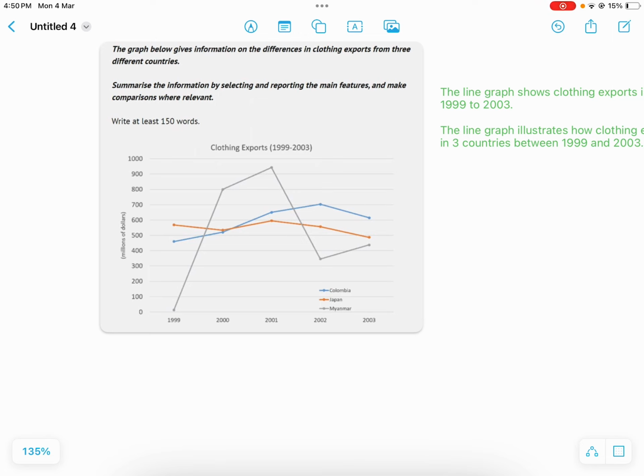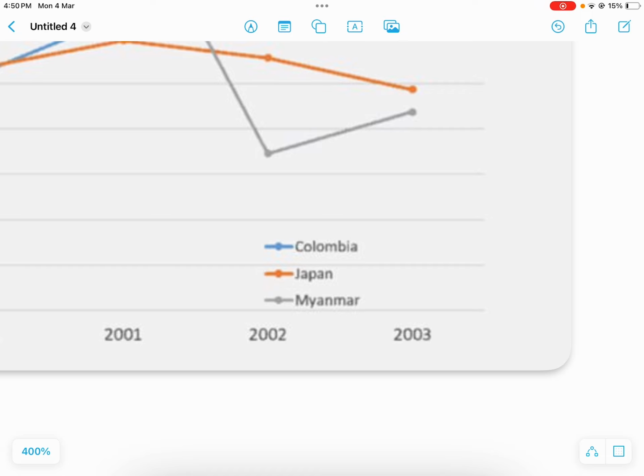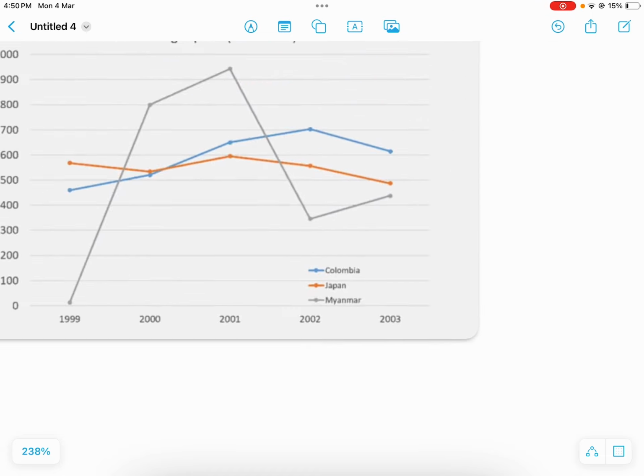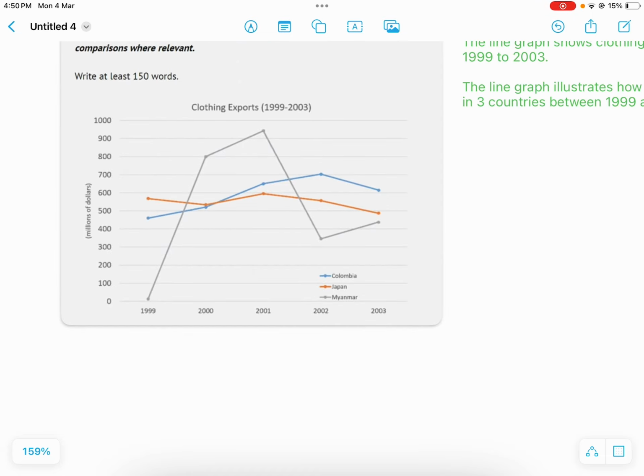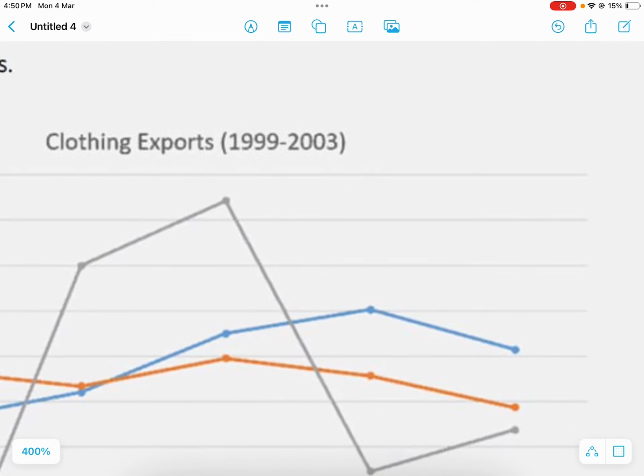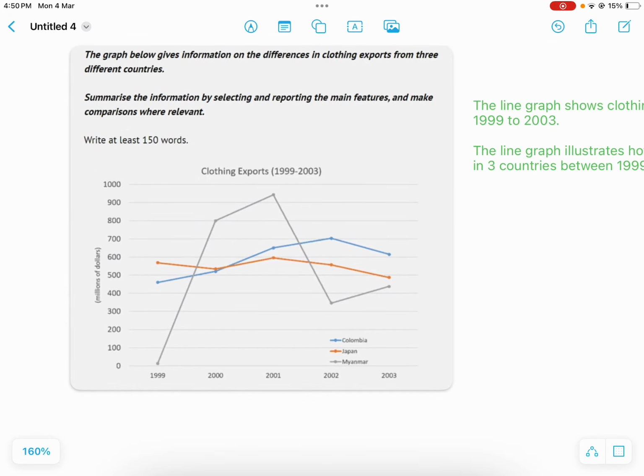Second, where something that was in the graph happened, like some name of the place or something. So here we have 3 countries, Colombia, Japan, and Myanmar. And third question is when, some time, date. So that's between 1999 and 2003. That's all. After we have found answers to these 3 questions, what, where, and when, we have the basics